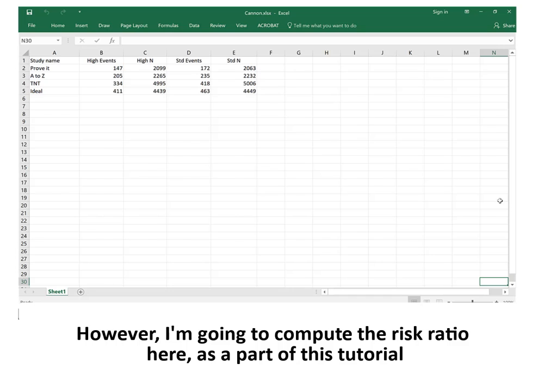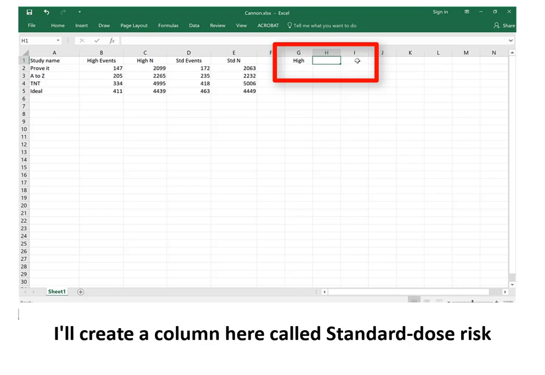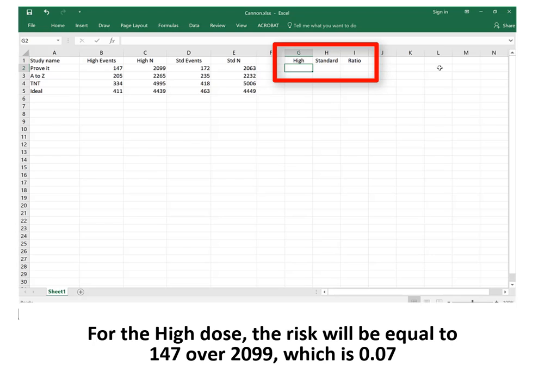However, I'm going to compute the risk ratio here as a part of this tutorial. I'll create a column over here called high dose risk. I'll create a column over here called standard dose risk. And then I'll create a column over here called risk ratio. For the high dose, the risk will be equal to 147 over 2099, which is 0.07.